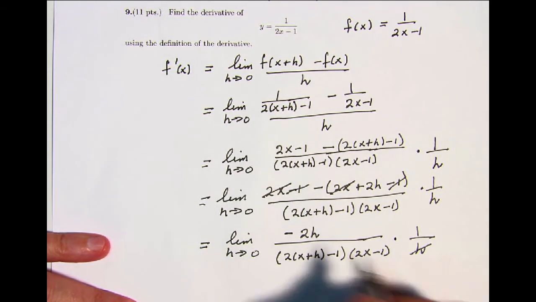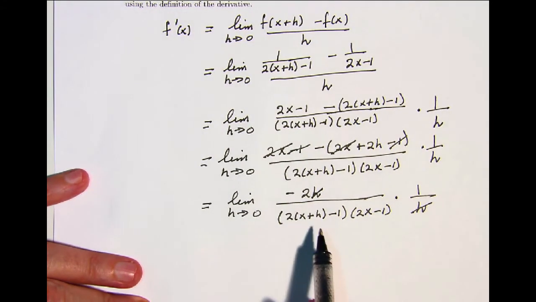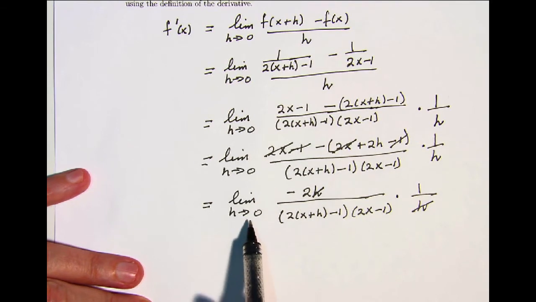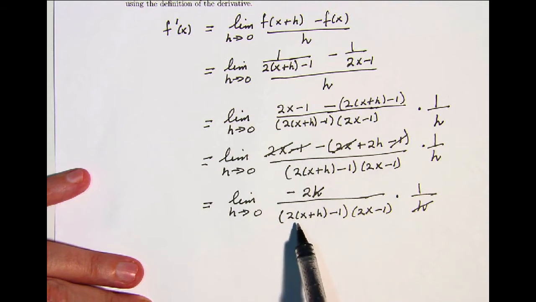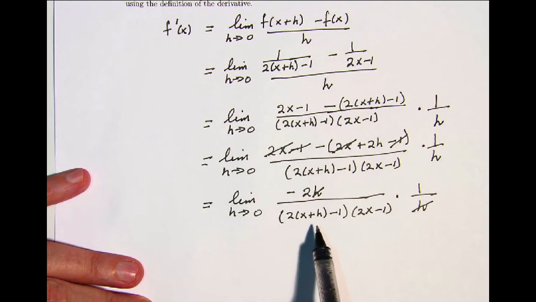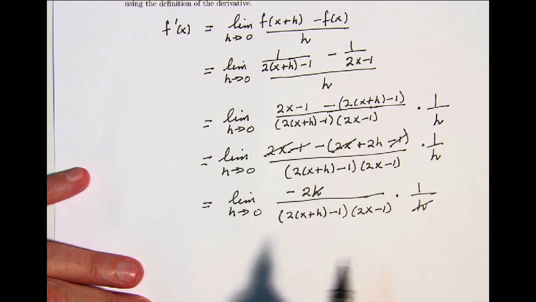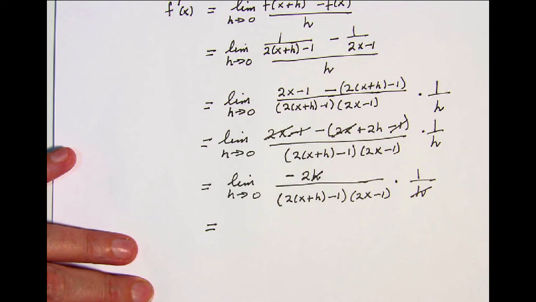Now the h's will cancel, and x is a constant. It's not changing as I calculate the limit. So as h goes to 0, this denominator goes to 2x minus 1 squared. And this is not equal to 0 unless 2x minus 1 is 0. And that's an exceptional case here, but for any other x, any x other than x equals 1/2, this limit